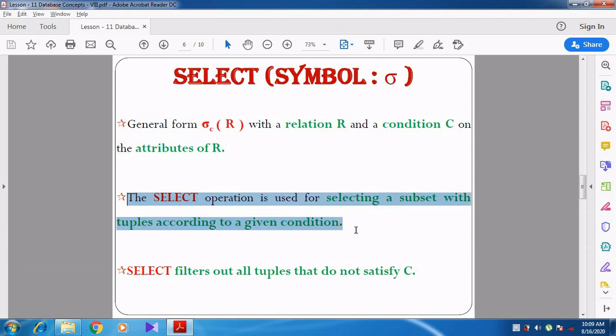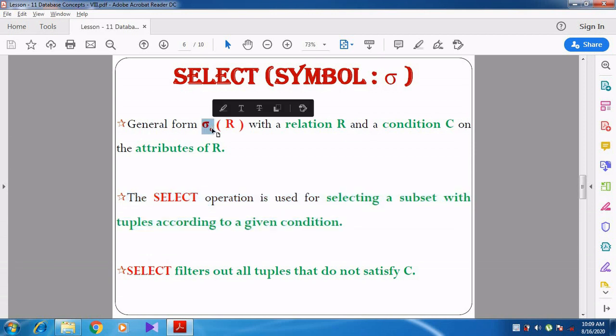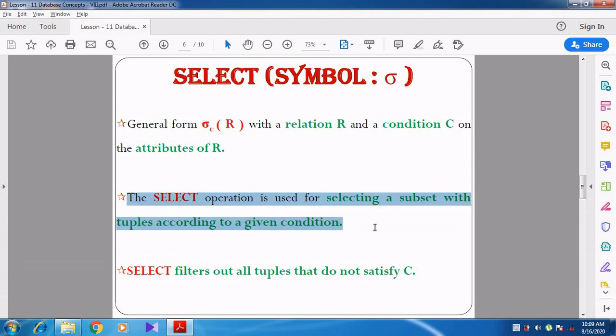The select operation is used for selecting a subset of tuples according to the given condition. So the select operation works based on the condition. That's why it is written as sigma C. The select operation works according to the given condition and then selects the subset of tuples.